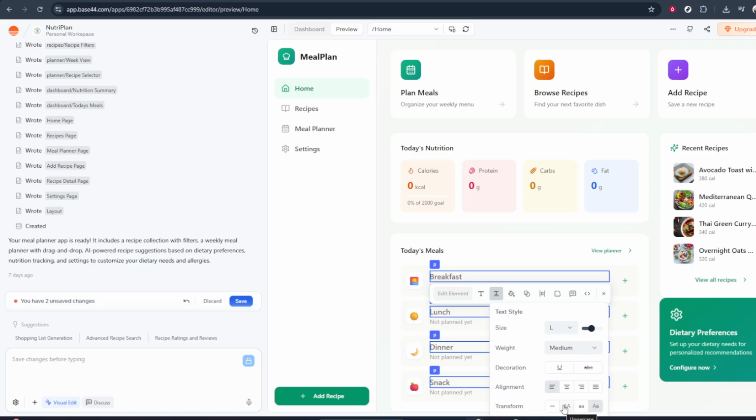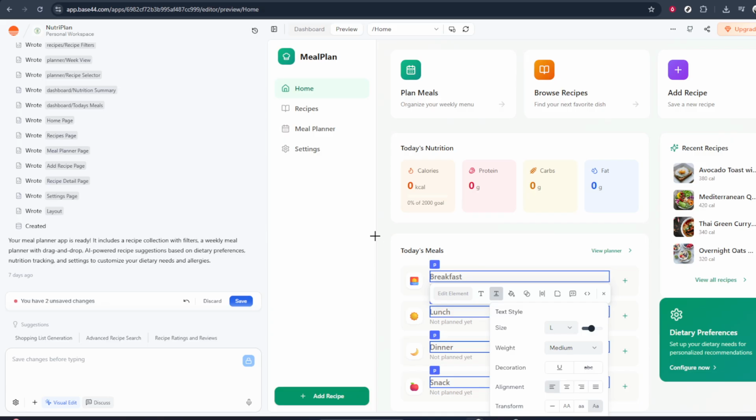This helps you find a size that looks balanced with the rest of your design and remains readable on different screens. If you're working with multiple elements, repeat the same process. Select the element, open the text style via the T icon, and then adjust the size setting. For consistency, you might want to use the same sizes for similar elements like all headings or all body text,